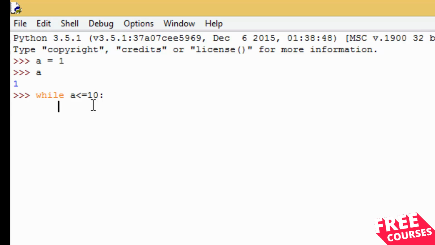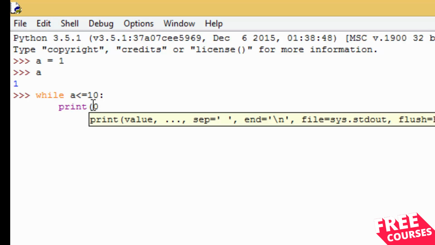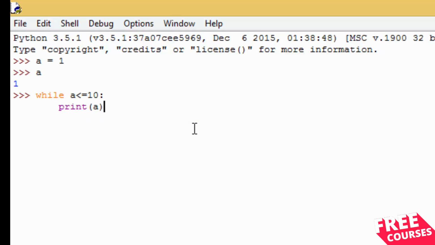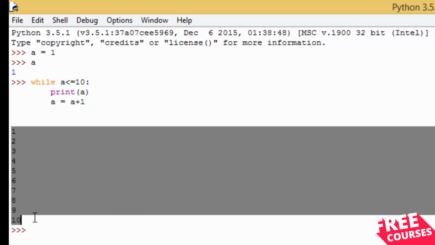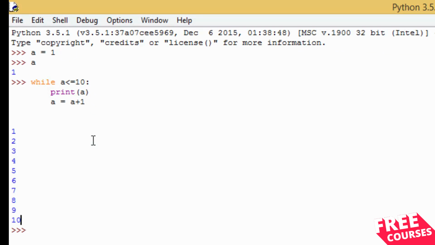and then you're going to do something. Let's say you're just going to print out a, just to keep it simple, and then you also need to increase the value of a. I'll quickly write the code and then try and explain how it works. I think that would be easier for you to understand and also easy for me to explain. Anyway, it's going to print out the numbers from 1 to 10,